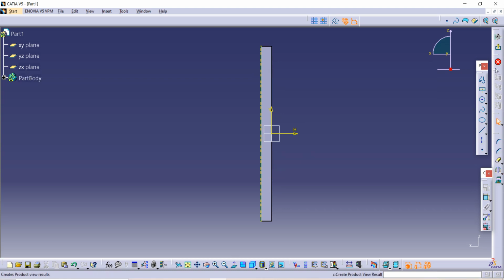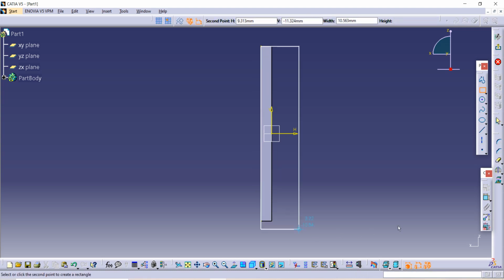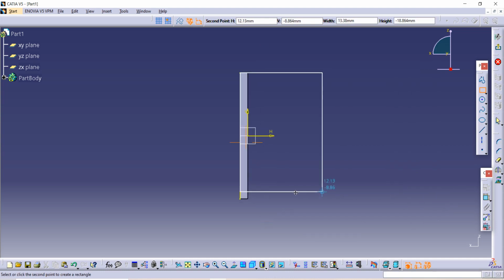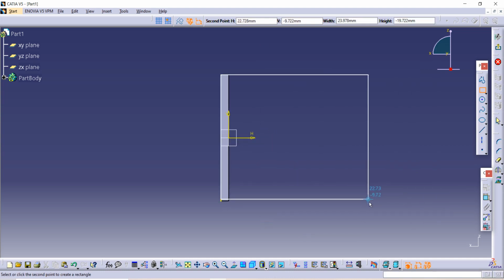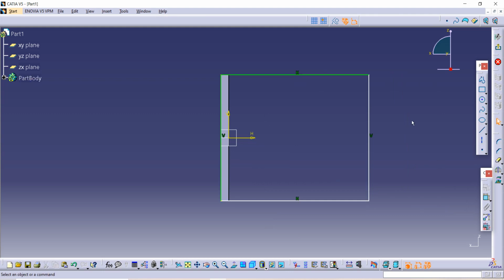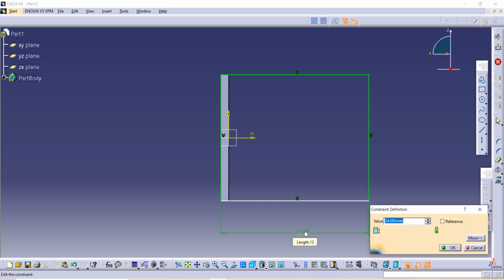After that again select the rectangle, then make one rectangle of the given length. The given length is 42.5, as we have seen already.